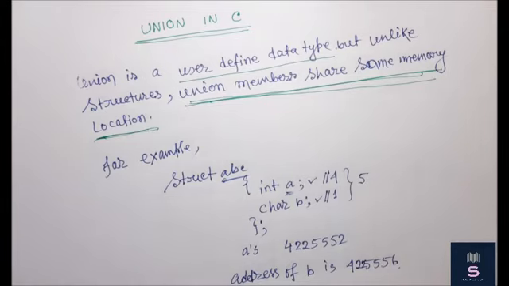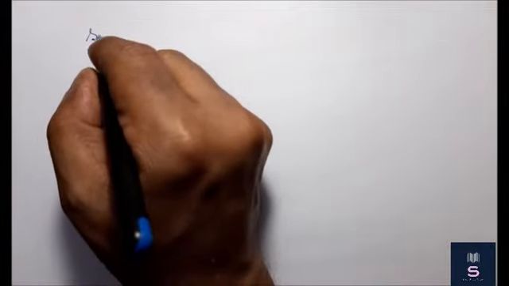Here I mean that the address of A and the address of B in a structure are different. It means that the individual structure members take different memory locations. It is a contiguous memory location, as we have seen in structure padding, but the addresses are different. Now, if I consider a union with the same example, we can define the union using the same example.